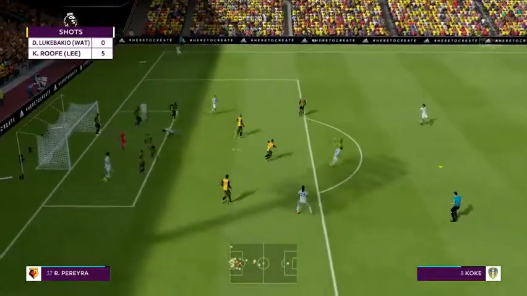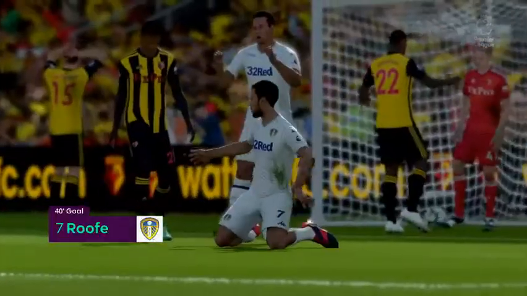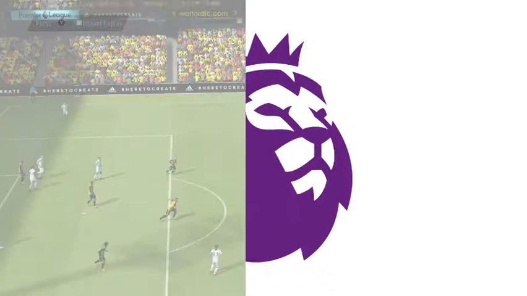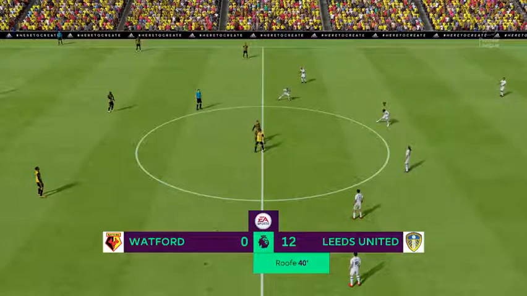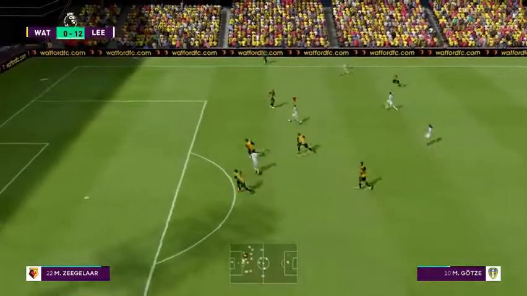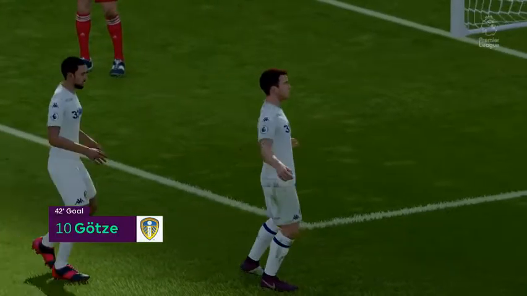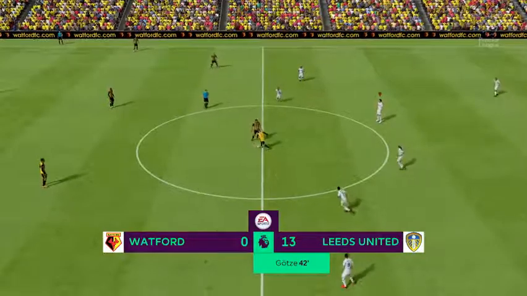Okay, Timmy Chandler, he almost got a head on that. Kamara Roof, can he score again? Yes, he can. Timmy Chandler kind of unlucky there not to get a goal. Okay, nice assist there to Mario Götze. Can Götze get on the score sheet? Hard to believe that's his first goal of the game considering what kind of debut he had. Then again, I'm not playing him in the same position as I did in the first game of the season, so...